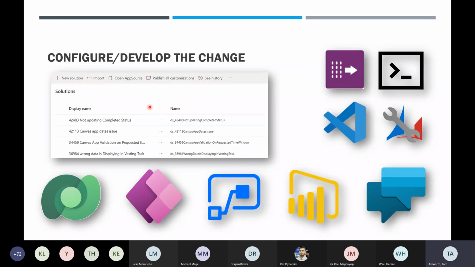So once the requirement is understood by everyone, the developer is going to go off and make their change. Here you can see that this is an example of one of the environments I've worked on before, and there are lots of solutions that are in progress, and these are what we would call development solutions. So they've got the